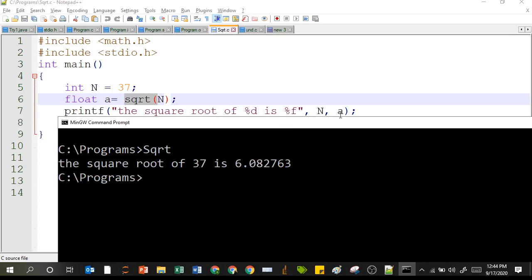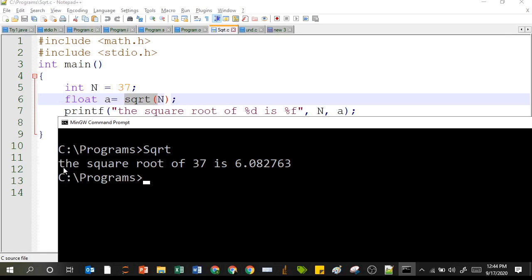If you look very carefully, after this first comma, the value n is getting replaced at this position, and the next value is getting replaced at this position. So this value is moved to the first position and this value is moved to the second position, in a particular sequence. %d specifically means that you are going to print an integer number. 37 is an integer number, and %f means you are going to print a value of float type, or a real number.